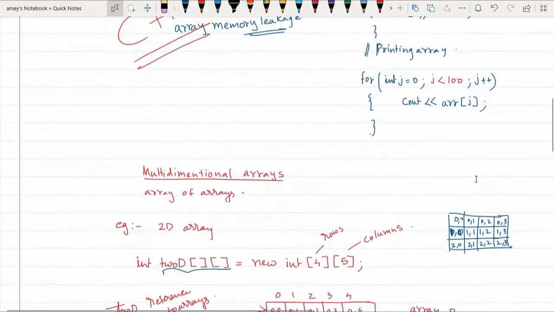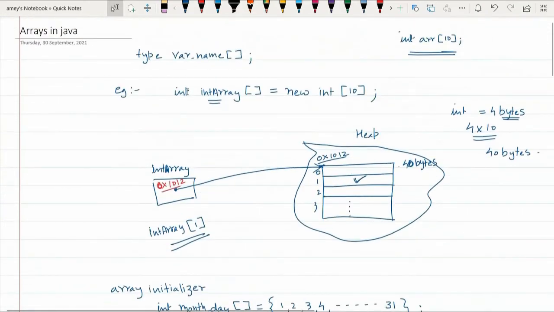Now student, please note, the reference variable names which were created for the array are not part of the heap. Only this is part of the heap: the integer array that you have created. But the reference name called int array is part of something called the memory area. That is another storage. So what is created in the heap is the right hand side, whereas the left hand side reference variable is not created in the heap. It is there in the memory area along with other class names and other functions and so on.